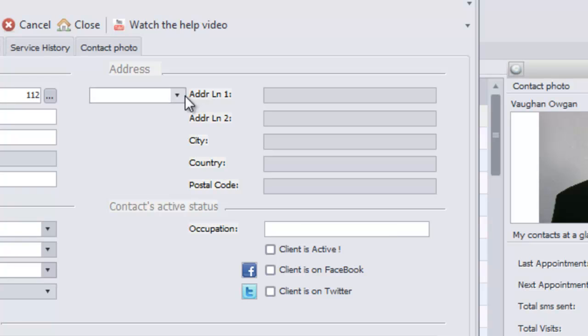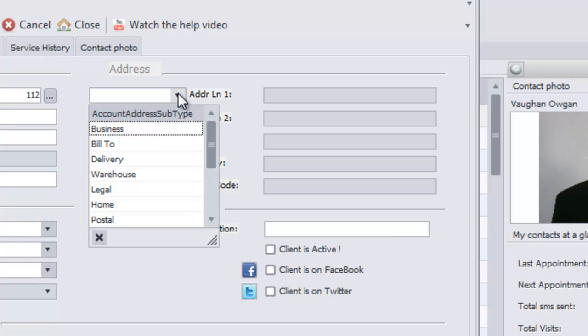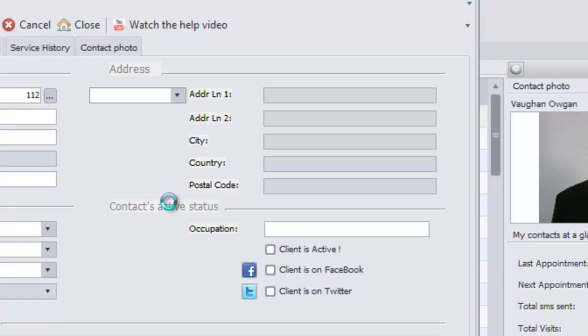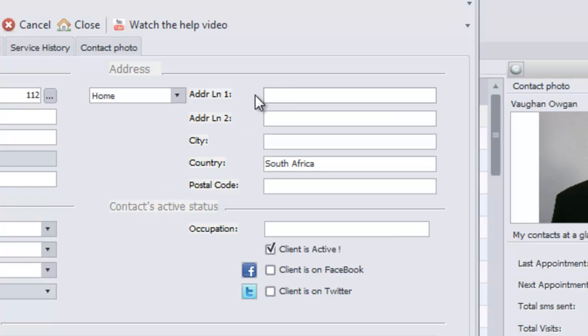Now we're going to come to the client's address. It's extremely important to know where your clients live, where they work, and where they are driving from. So to add an address, click on the drop down menu once again. In this case, we'll choose Gabby's home address. For this example, I'm just going to make up an address and say that this client lives at 123 Main Street. Let's call it Bryanston, and we'll say Bryanston is a suburb of Johannesburg, and we'll put in the